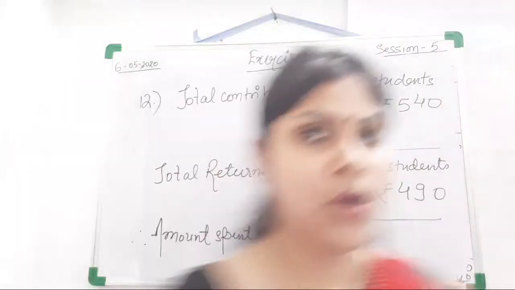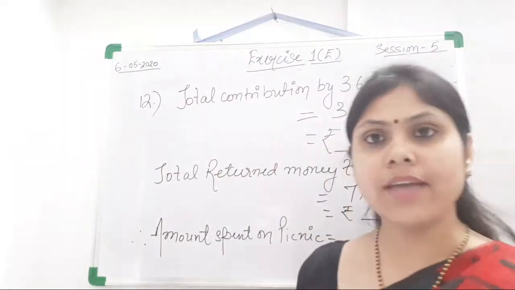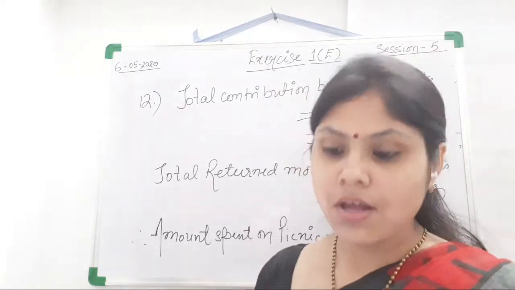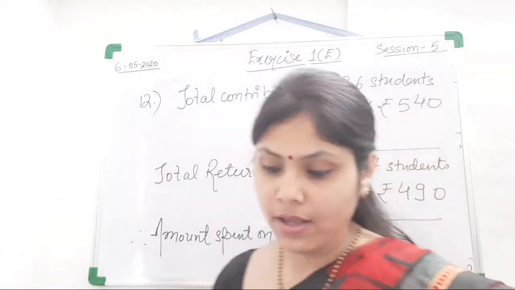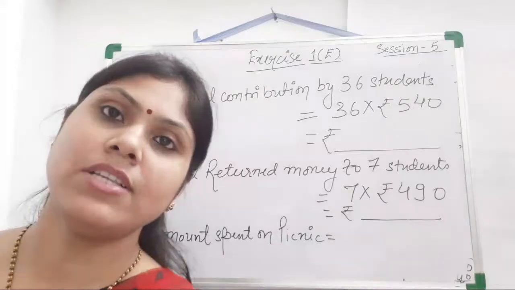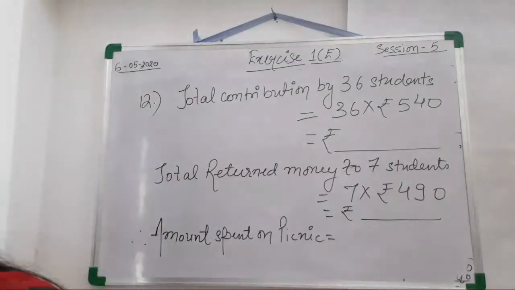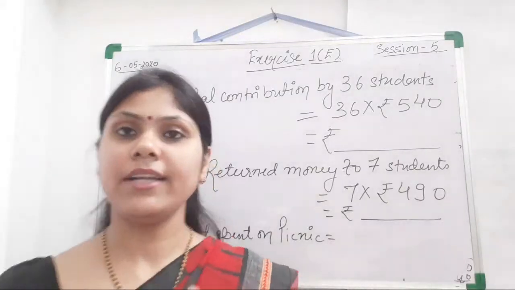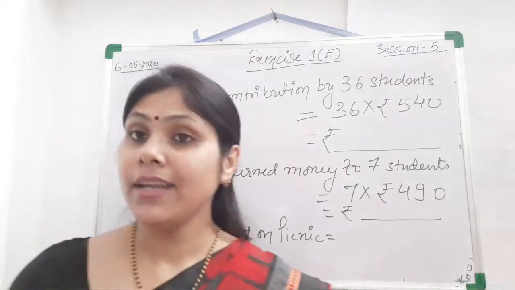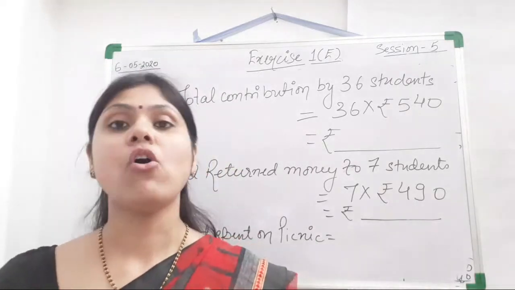So now we have completed exercise 1E. We have gone through all the questions. Now once again I will just do a quick revision of whatever we studied, and then I will move further to chapter number 2. So we studied from the first chapter, we studied integers and what were the positive integers, what